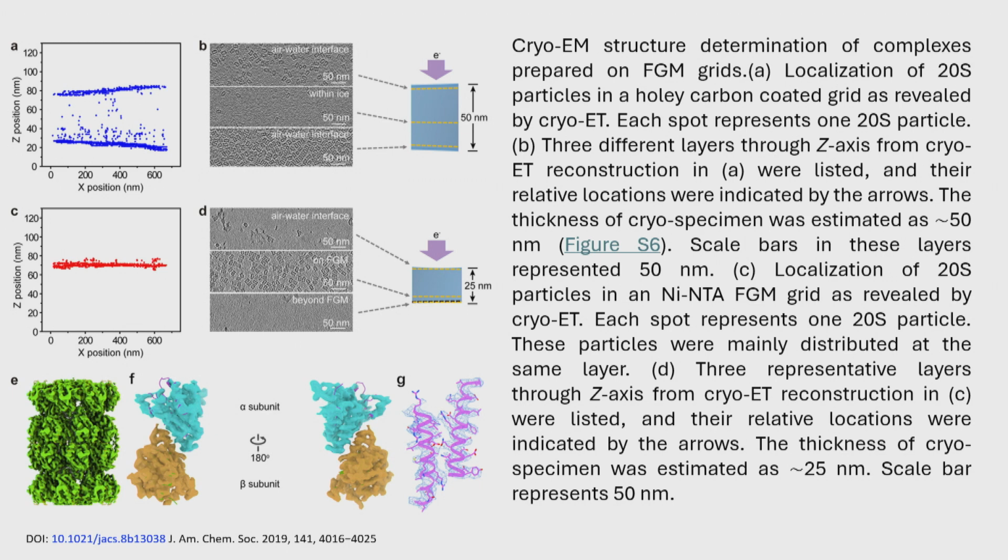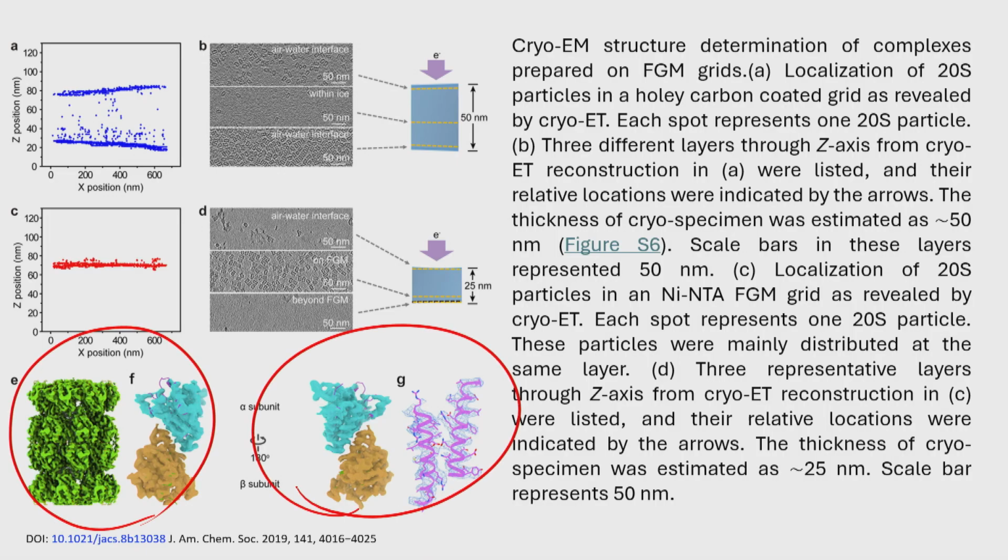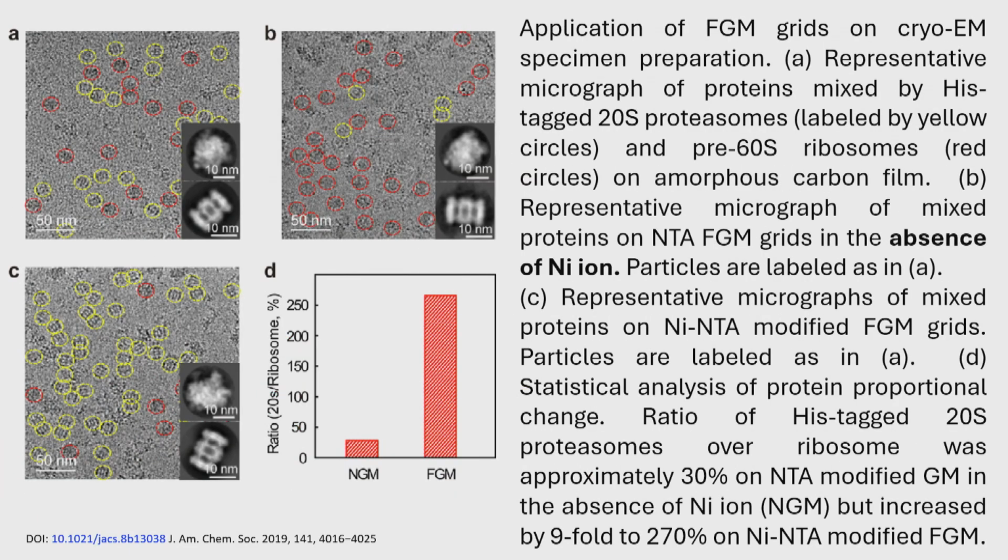Whenever we prepare this graphene oxide grid, we can use it for structural study, and we can achieve a very high resolution structure, where the side views will be fewer, and it absorbs more biological sample. That is one of the reasons very few images are required, and we can get enough particles. And if there is no drift or beam induced motion, if particles are stable, a smaller number of particles is good enough to reach a high resolution 3D structure. Many groups are using these techniques in cryo-EM.